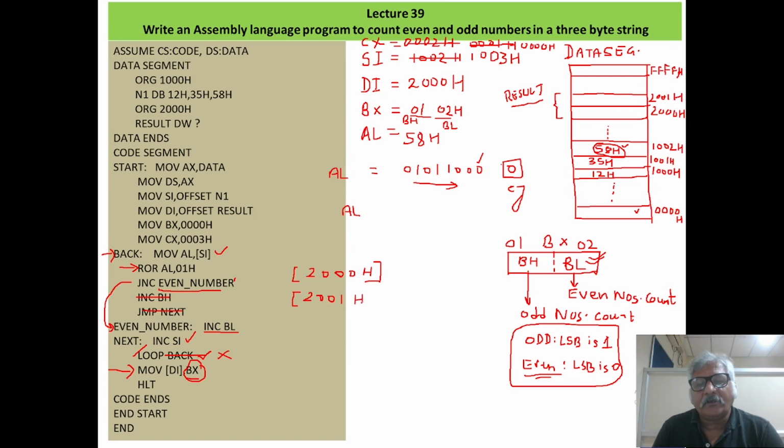These two locations will be used for storing the content of BX in memory. So always remember, BX means higher 8-bit register BH and lower 8-bit register BL.